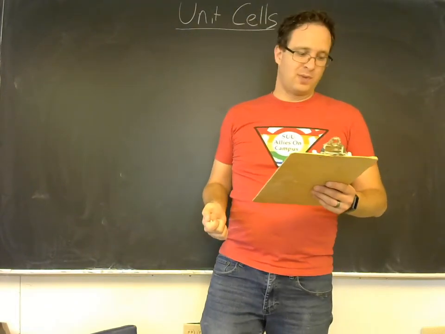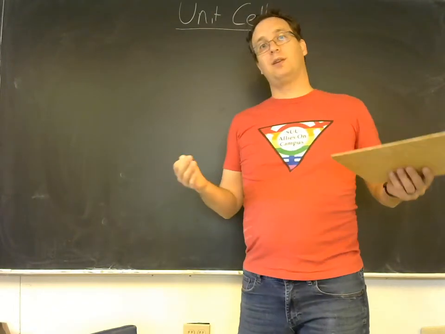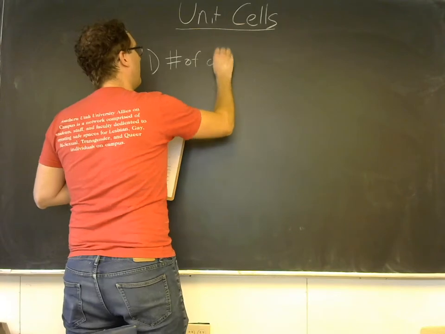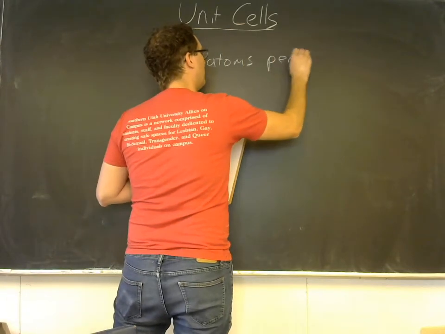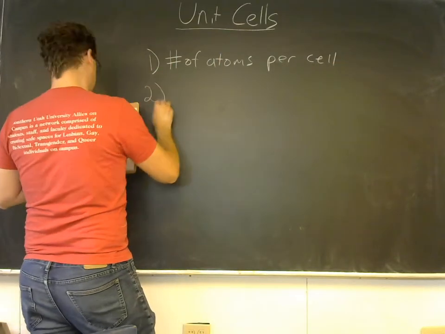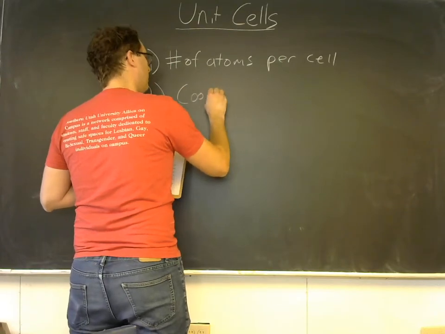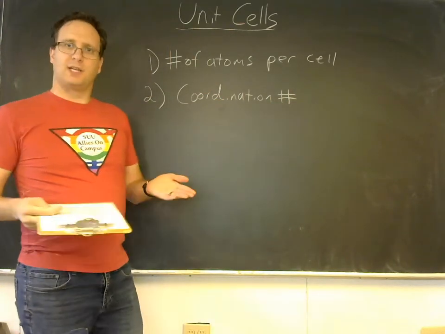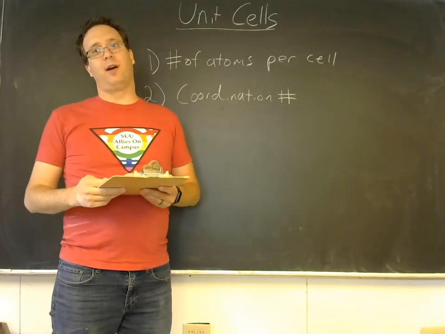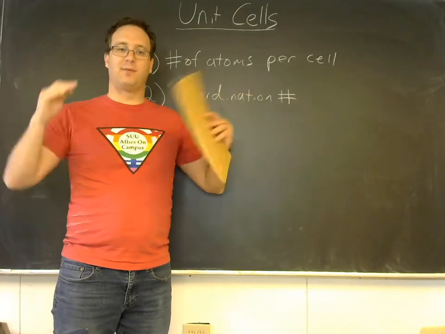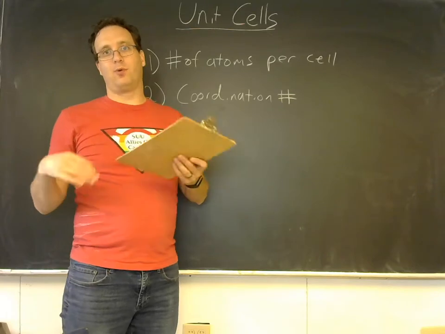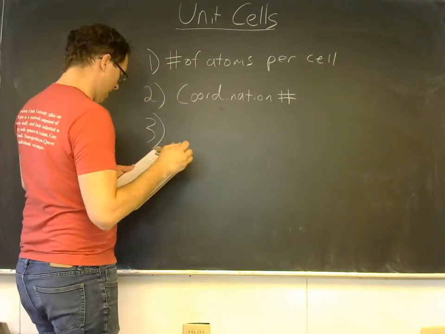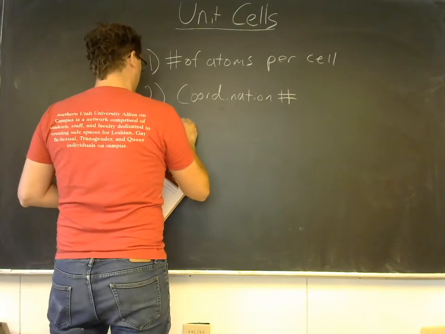different crystalline structures. So for any unit cell, we are going to ultimately find four quantities. The first is the number of atoms per cell. And then the second is the coordination number. The coordination number is a fancy word for how many nearest neighbors there are for any given atom. How many neighbors is it making contact with on all sides and therefore forming a bond with? So that'll be the coordination number, and it's different for different unit cells, which may be a bit of a surprise. And then 3 is going to be the relation of unit